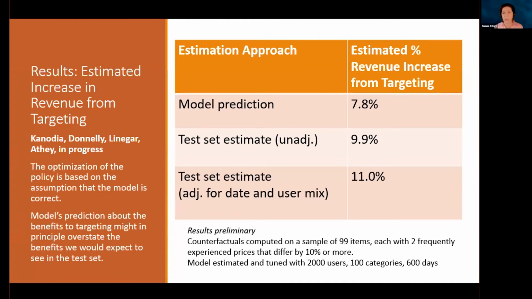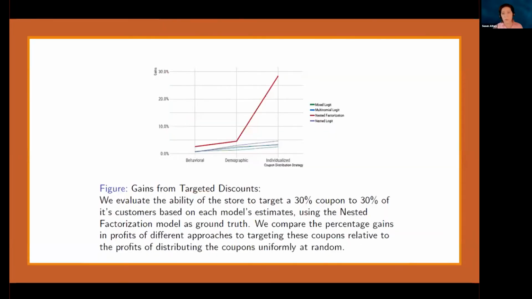And so in this particular case, I kind of got lucky. I was expecting attenuated effects, but it turned out in this particular case in the test set, I actually found stronger benefits from targeting than my model suggested, although I think that's kind of a fluke. We also do things like try to test whether using individualized pricing versus demographic-based couponing would work. And it looks to us like the personalized pricing works better.